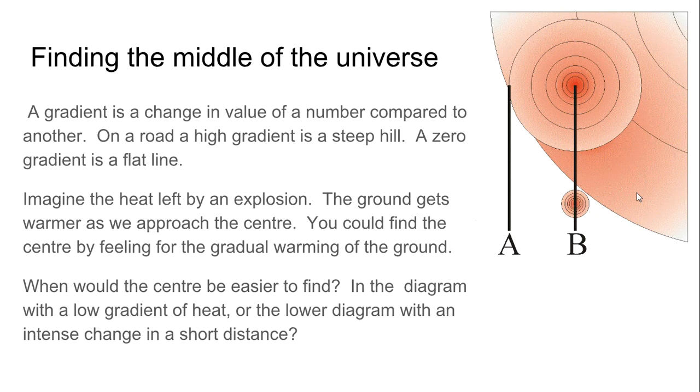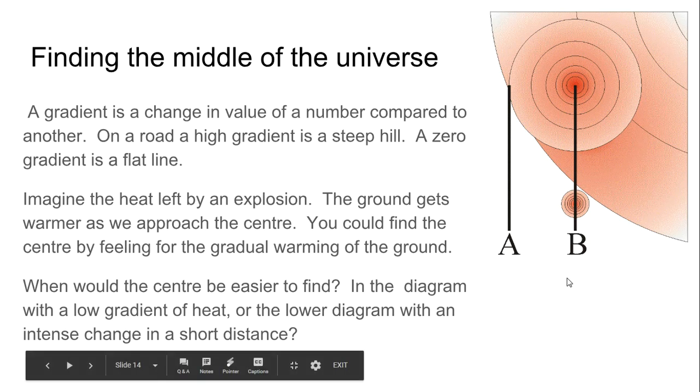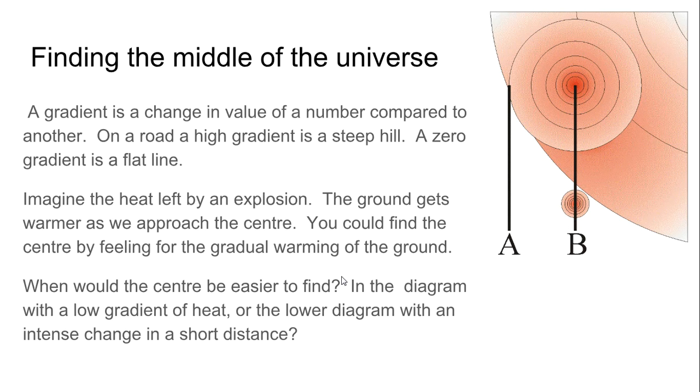But what if the explosion was this big? Walking from here to here on that big circle, would you detect any change in heat? No. The gradient is too shallow. So the easiest way for you to find the center of a hot spot would be if I just put like a pinpoint sized heat source on the ground. You could rub your hand over the desk and find exactly where that hot spot is. It would also be much easier to find the hot spot left behind by a coffee cup than the hot spot left on a desk because I had a heat lamp 3 meters above the desk on a slight angle. It wouldn't be sufficient for you to find.